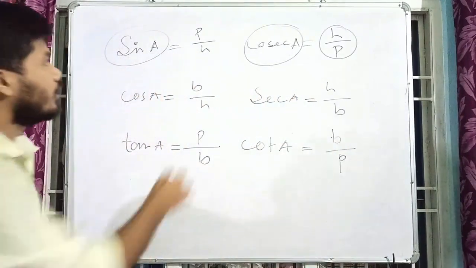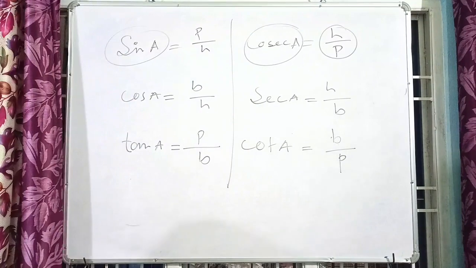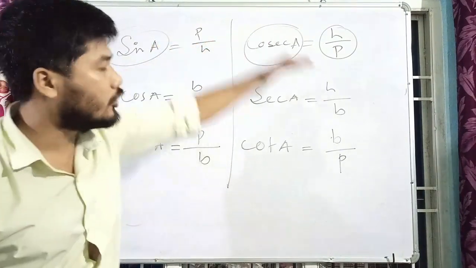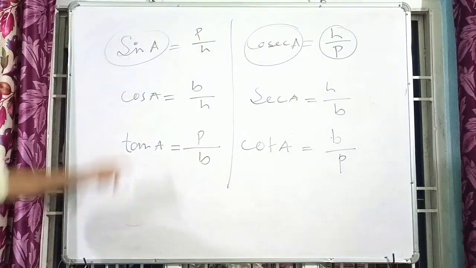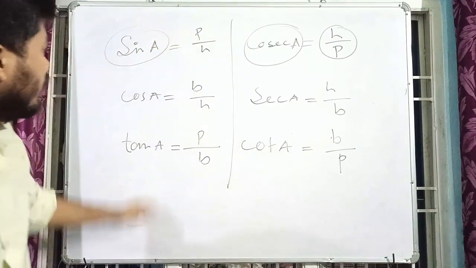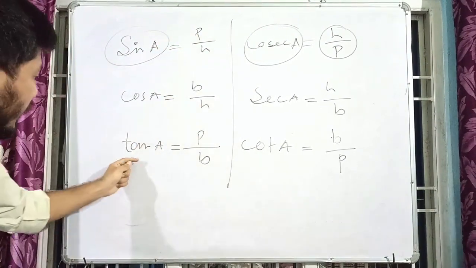So this is actually the relation. These are the trigonometric ratios we have to learn. So sin A equal to P by H, cos A equal to B by H, tan A is equal to